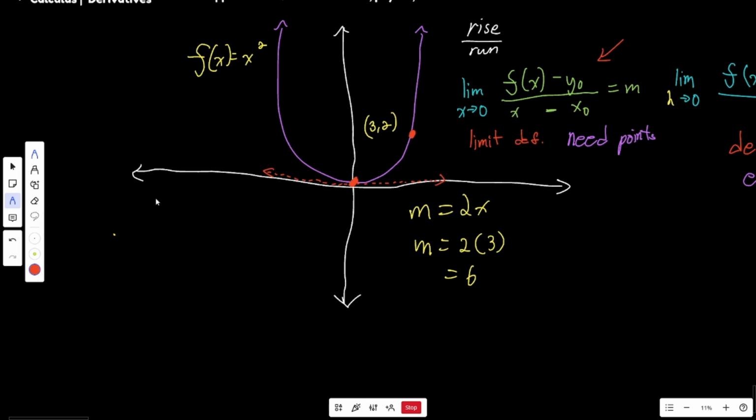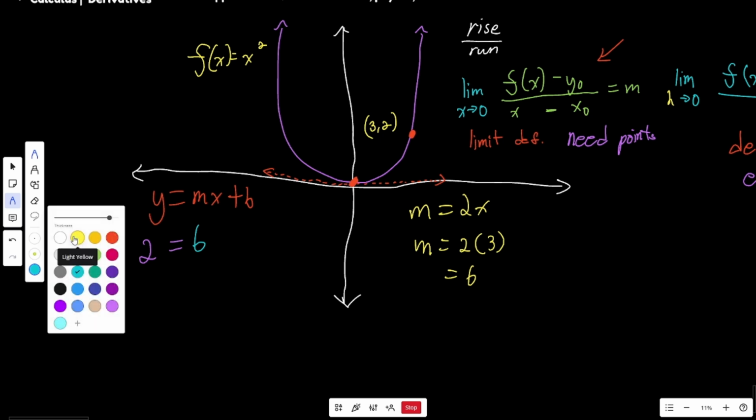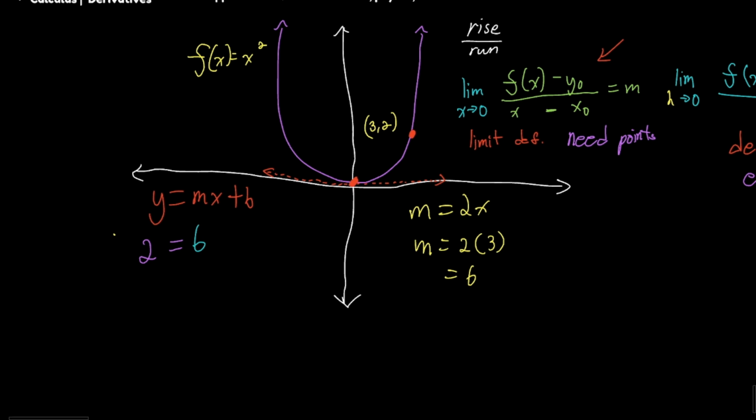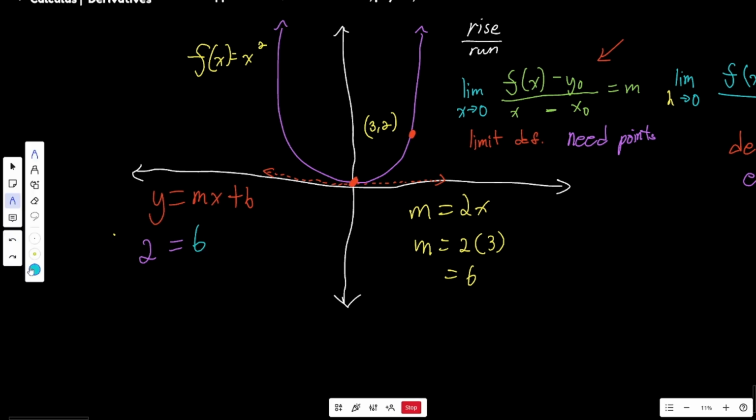So let's try using slope-intercept form, which is y equals mx plus b. We know that y should be 2. And hold on, let's use a different pen. We know that y should be 2, and we have our slope, which is 6, and we have our variable x, which is supposed to be 3. Hold on. It's supposed to be 3, and we're looking for b